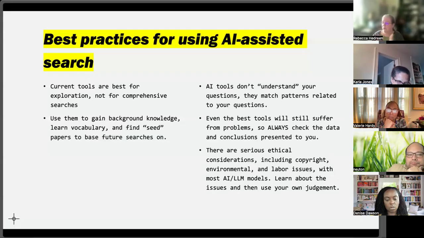You do need to remember that AI tools don't understand your questions. They are still matching patterns. They're no longer matching keywords, but they are matching patterns. The best tools out there still have issues, mostly with misinterpretation. Some of the things that have been discovered by people who are doing research on this: